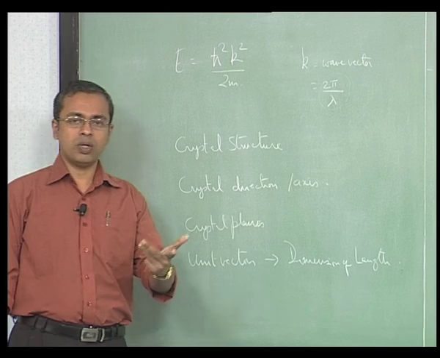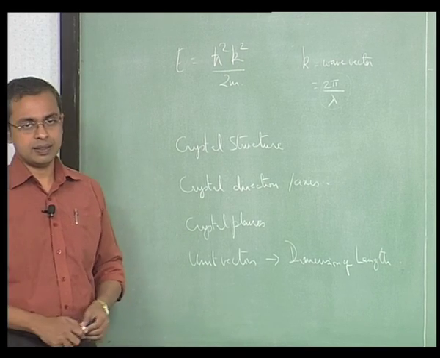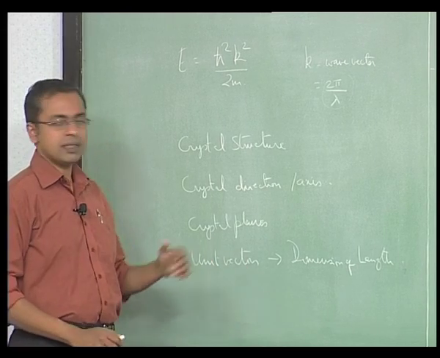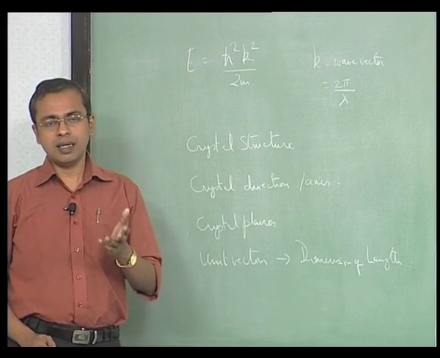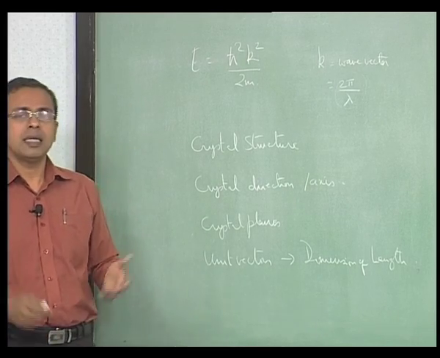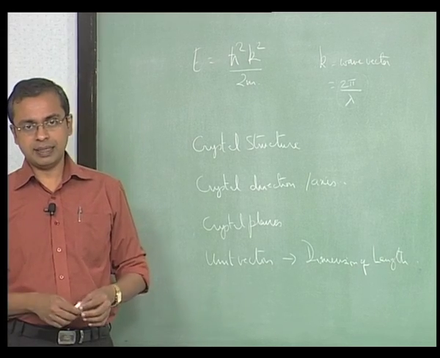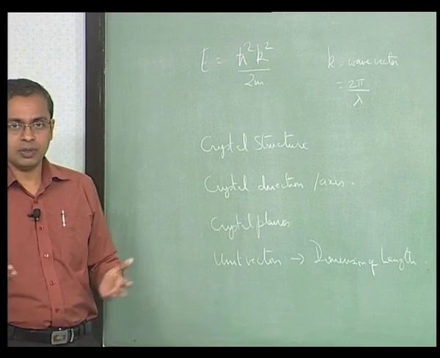We write an x, y, z coordinate system. If you take a real crystal structure, you may have specific dimensions, say of the order of 2 angstroms. Interatomic spacing is of the order of 2 angstroms, say 1.5 angstroms, 1.8 angstroms. An angstrom is 10 power minus 10 meters. So it is still in the dimensions of length.